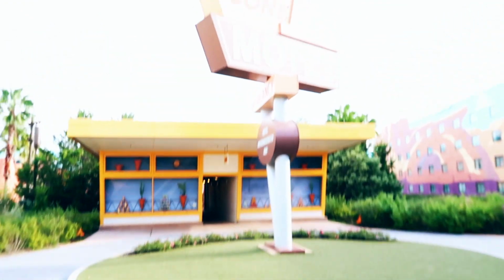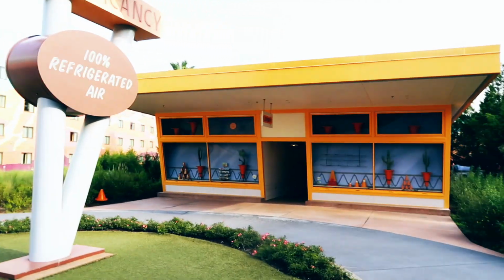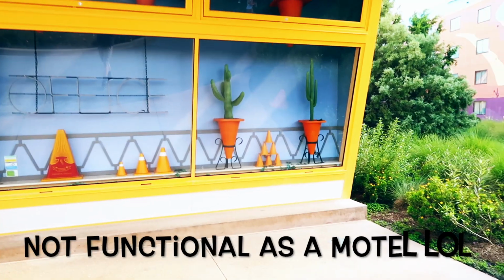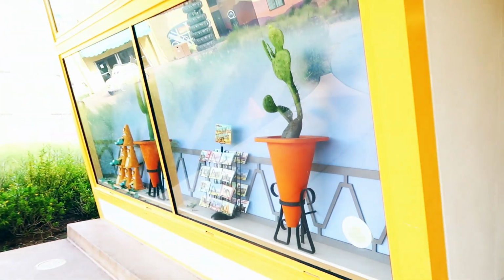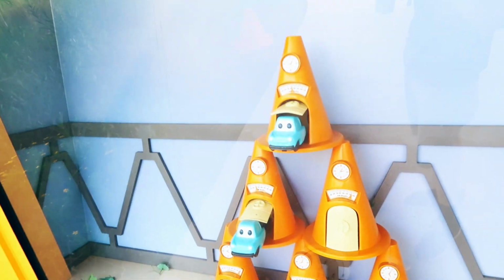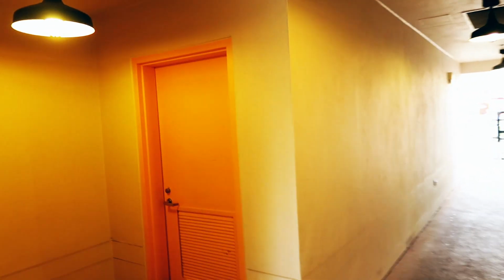And right ahead is the Cozy Cone Motel. No vacancy, 100% refrigerated air. The Cozy Cone is so cute. It's really well themed, and actually the Cozy Cone is also functional. Really cool little details in the windows there. The office and the different signs. The Radiator Springs postcards there. Another cactus. Just super cute theming. And then you walk through the Cozy Cone, which actually has bathrooms for you to use